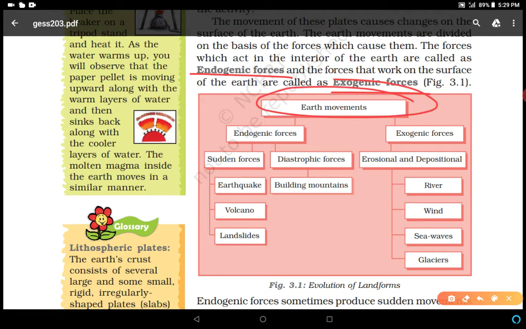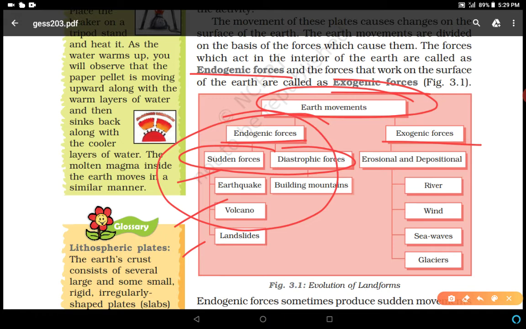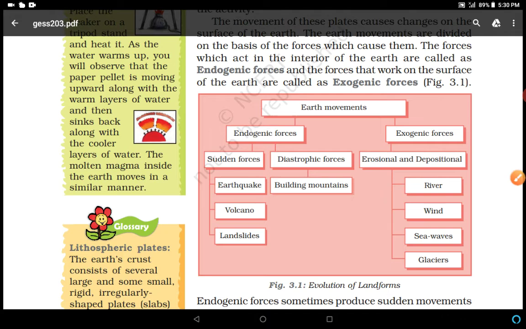Then earth movements: sudden forces and diastrophic forces like earthquake, volcano, landslides are endogenic forces, means under the surface of the earth, and on the surface, exogenic forces like erosional and depositional work of river, wind, sea waves, glaciers, right? We studied today in this video about glaciers and wind, and in the previous video about sea waves and river.